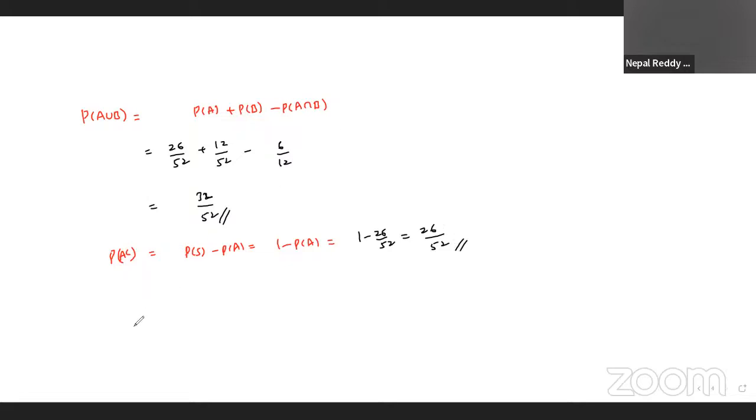Suppose the question is B but not A. That is probability of B minus probability of A intersection B. We know that probability of B is 12 by 52 minus probability of A intersection B, 6 by 52, and hence the final answer you will get is 6 by 52. Next,